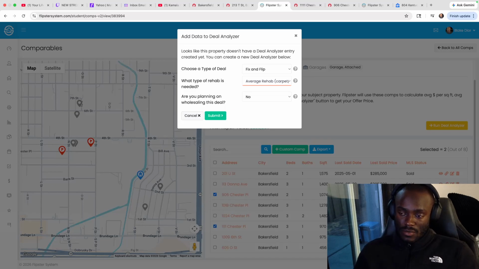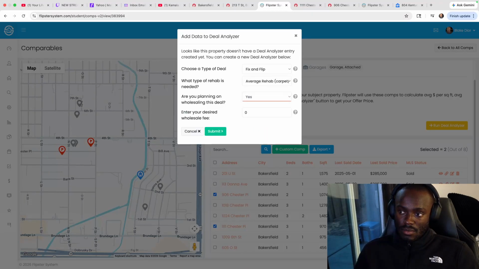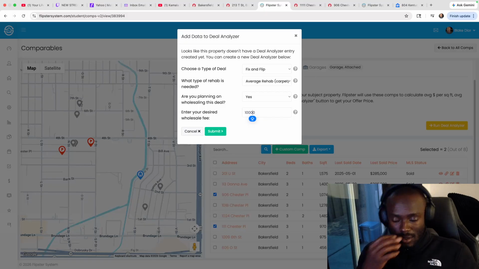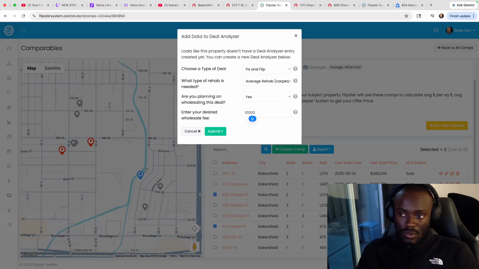And for the square footage of the home, with the labor and materials needed to get that done, you're gonna have a certain price, and we'll break that down in a few. Let's say our assignment fee, our wholesale fee, if we get this property assigned to a fix and flipper, would be 10 grand.